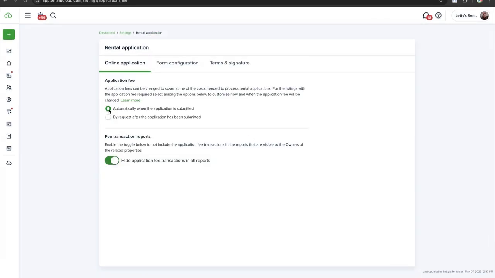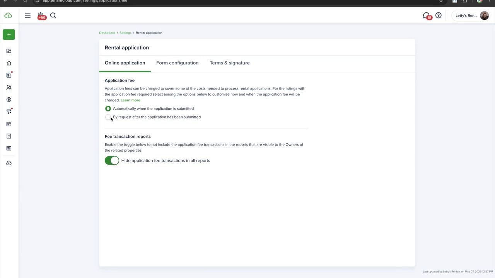automatic invoicing, which means that when an applicant submits their application, they also have to pay at the same time. So they'll fill out the application, and then once they get to the end, they hit submit, they'll be prompted to pay the application fee if there is one at all. So that way you get the application fee and the application together. This is very common, and it allows you to collect that fee upfront with the application for your time. You know, the application fee is definitely something that property managers like to collect because they are taking time to